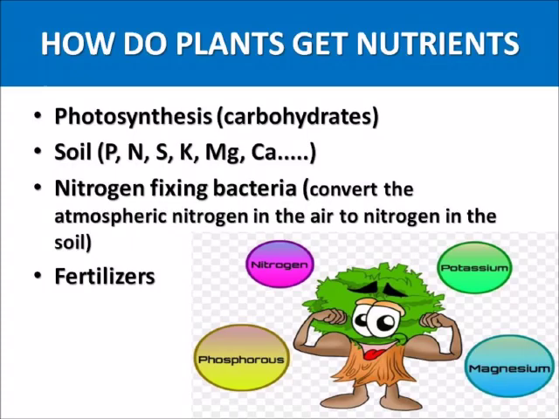But unfortunately, plants cannot intake nitrogen from the atmosphere directly. So there are certain bacteria which convert the atmospheric nitrogen from the air and fix it into the soil, and this nitrogen in turn is taken up by the plants. Okay. So the fourth and the last source is